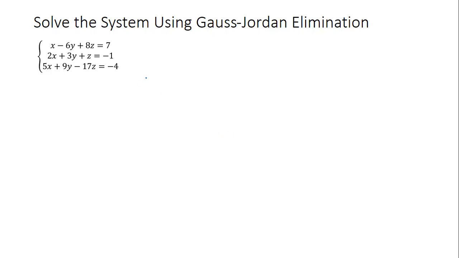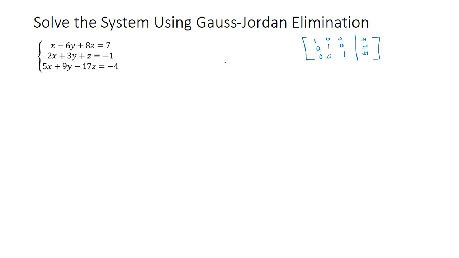In this video, I'll solve a system using the Gauss-Jordan elimination. Remember, the goal of that is to perform row operations so that you get an augmented matrix that has ones on the diagonal and zeros above and below those ones. And then your solutions are going to be in the rightmost column. So legitimate row operations are interchanging rows, multiplying a row by a non-zero number, and adding a multiple of a